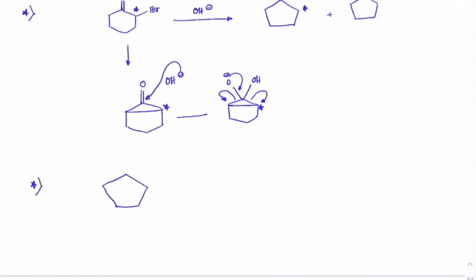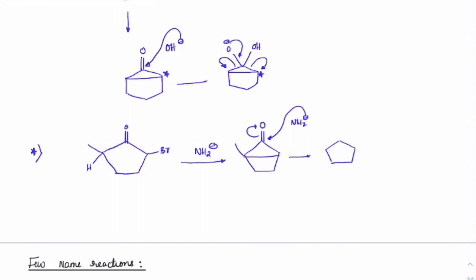This time it's like this: we have a double bond O, Br here, and like this we have a methyl group on this side and hydrogen here. Okay, and it is treated with NH2 minus. Strong bases are important here. Now think what should be the product. So these are the steps which are involved. Get O minus NH2 this. As this closes, this bond can shift here or this bond can shift here.